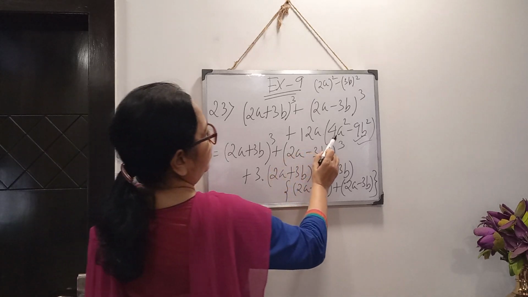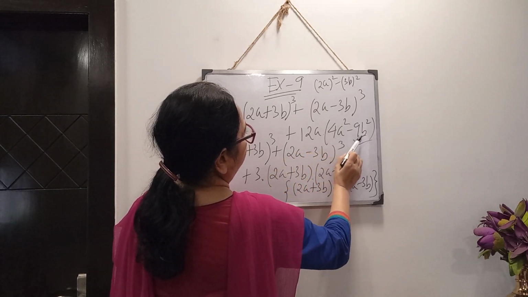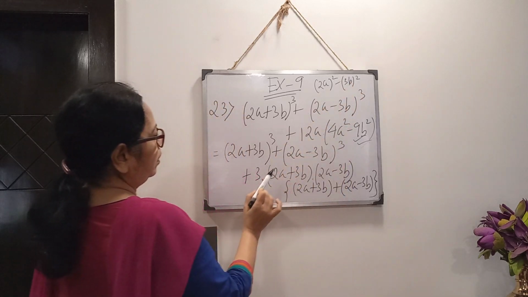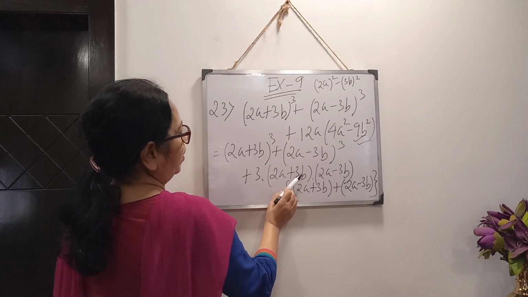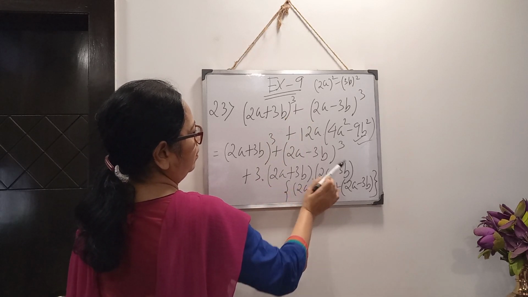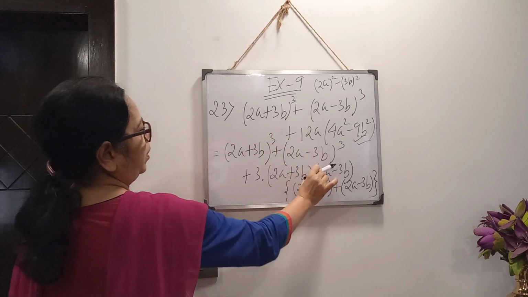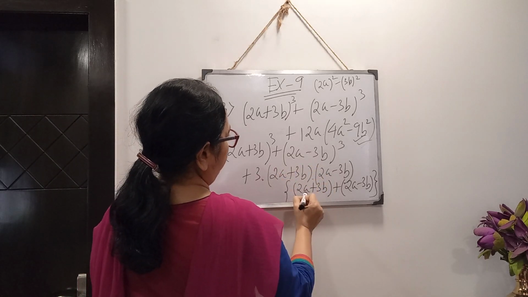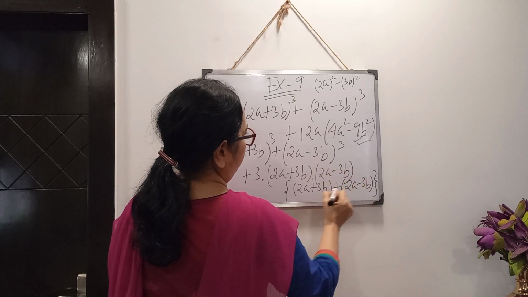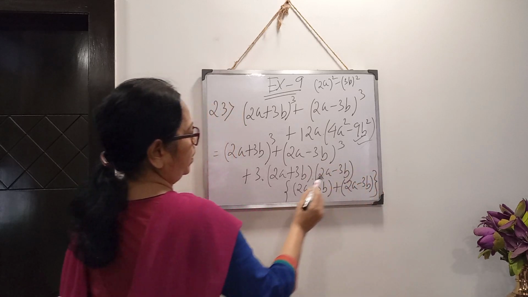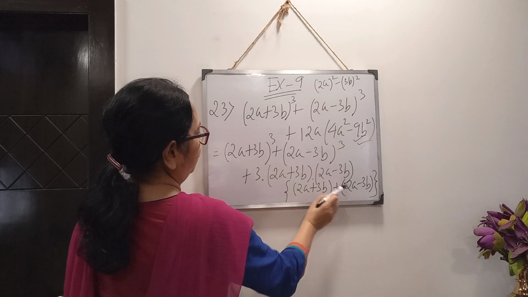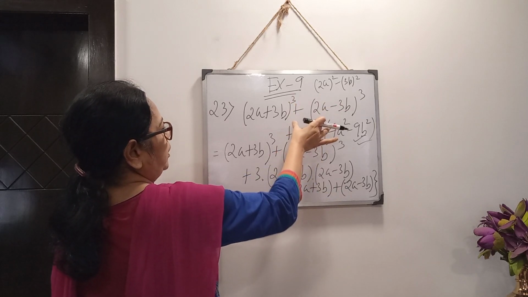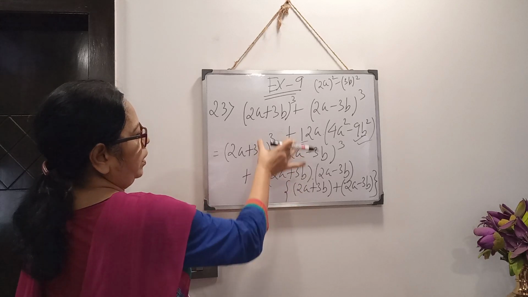Here I have applied the formula of a² minus b². This is in the form of (2a)² minus (3b)². From there we are getting (a + b)(a − b). Clear? So 3ab into (a + b). My a is this, b is this, a plus b. So 3b and 3b will be cancelled out. 2a plus 2a, 4a, 4a into 3, 12a. So this expression I have adjusted in this way.